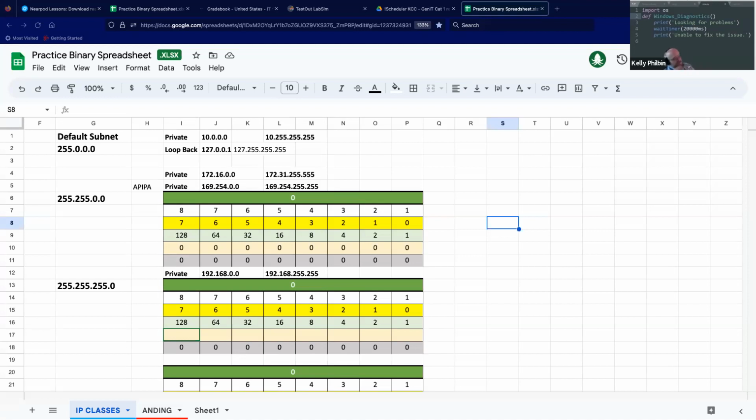Okay, so what CIDR subnetting is doing in a very, very general sense is taking a network and breaking it down into smaller and smaller chunks. That's essentially what we're doing. So if I have an IP number,